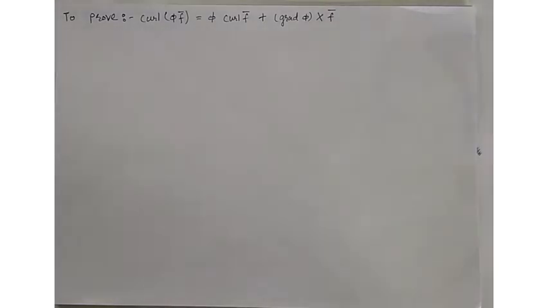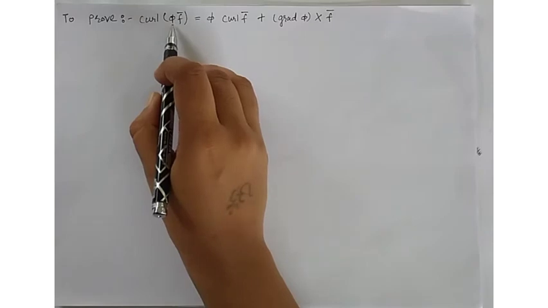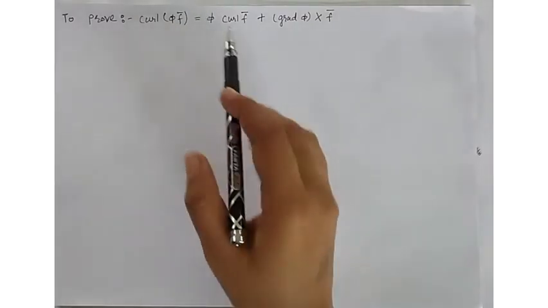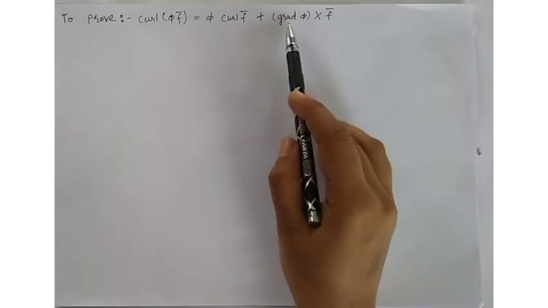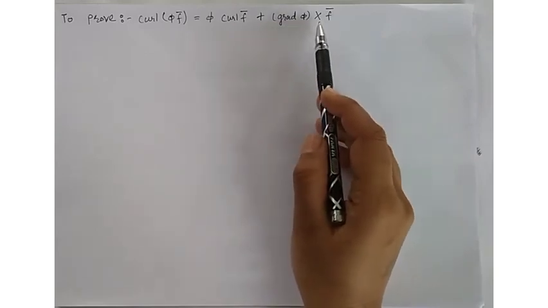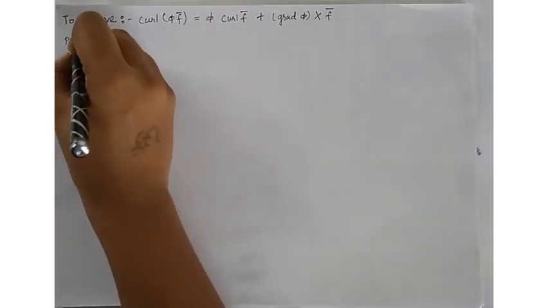So in the previous lecture we were proving one theorem, and we remain to prove the last property. So here we have to prove curl of φ f bar is equal to φ curl f bar plus cross product of gradient of φ and function f bar. So for the proof,